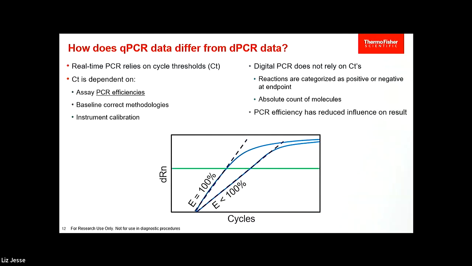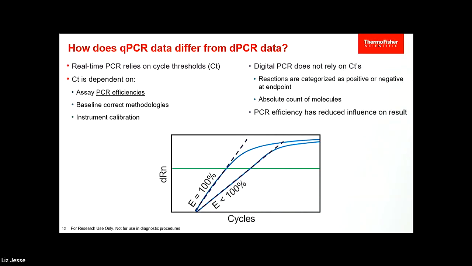This is why it is very important each time you develop a new qPCR assay for you to go ahead and validate that and make sure you understand the efficiency of the assay. Now, if you're looking at a reaction here in which the efficiency is different between the two assays, how do you know which value is the right one for your target of interest? You don't. This is why we do a comparison in real-time